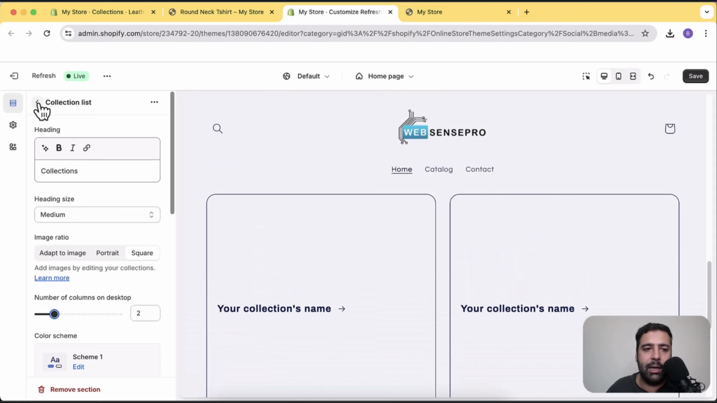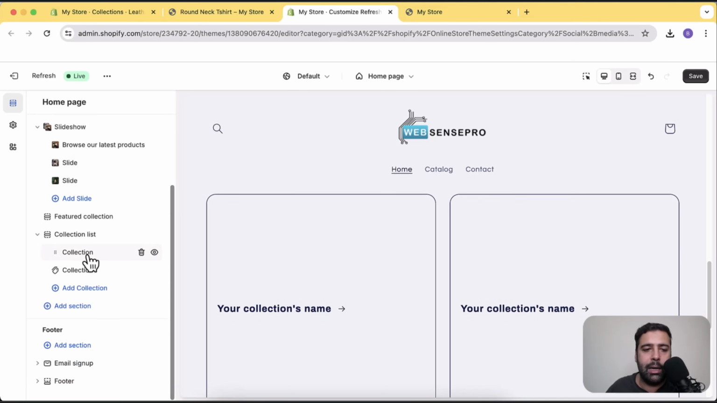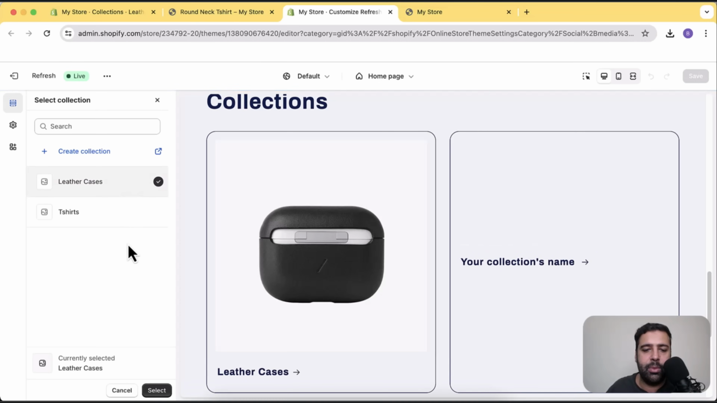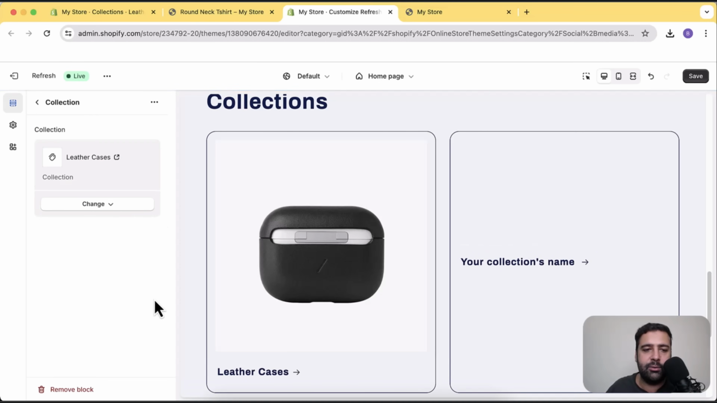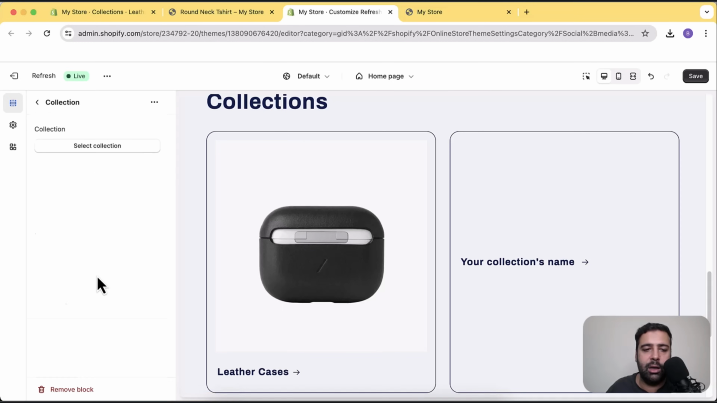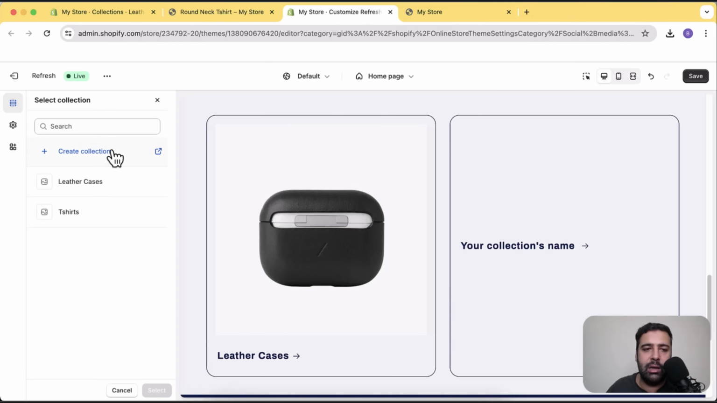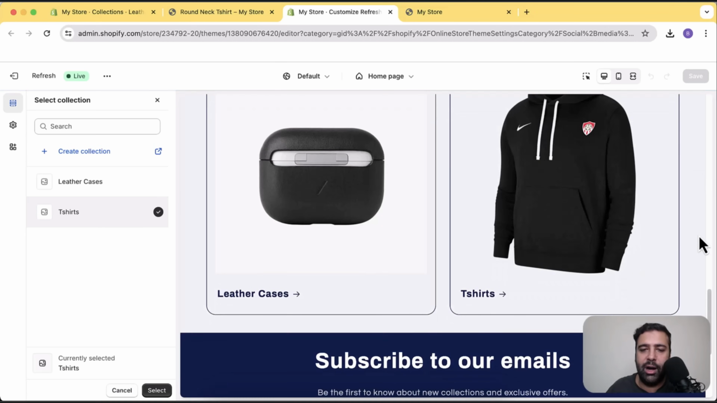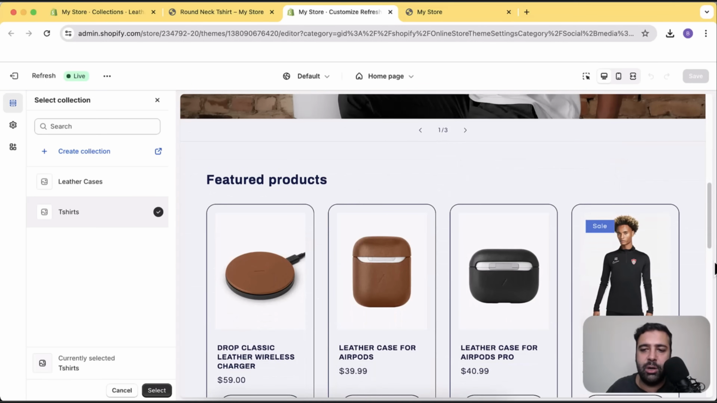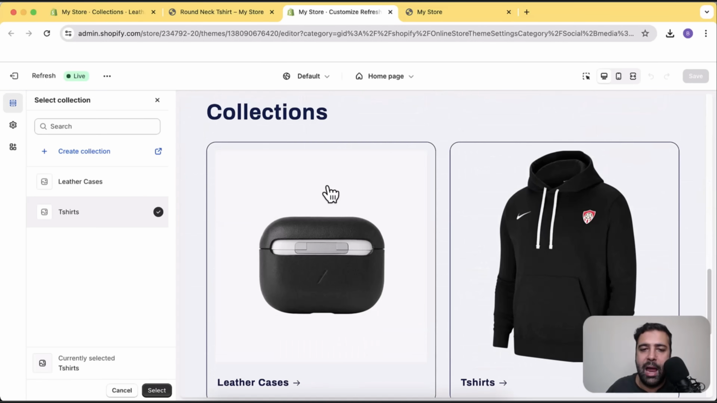Let's go back by clicking on this arrow icon. Click on collection here. And now we have the option to select collection. Click on select collection and then click on leather cases. And let's click on select. Let's go back to the other collection. Click here. Click on select collection here. And then select the one with the t-shirts. Looks cool, right? So we have slider, we have featured products which automatically showed up, and we have our collection